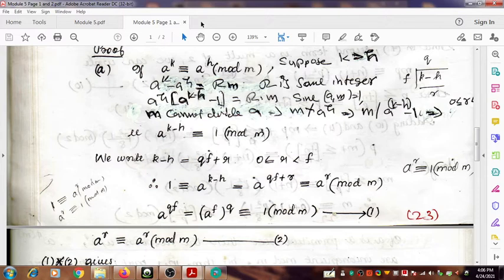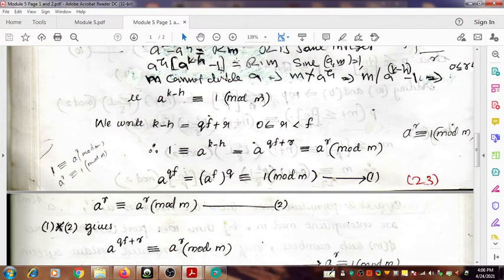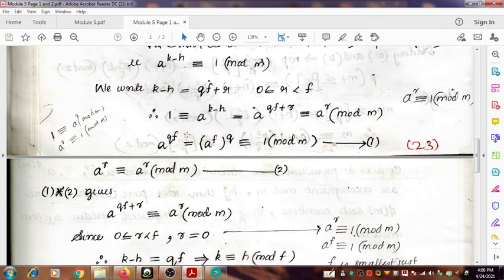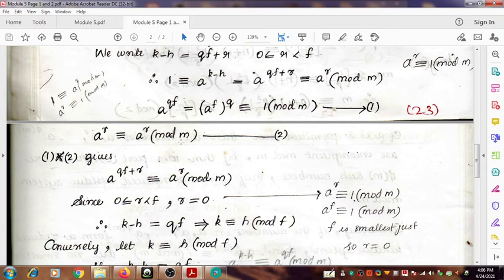If the quantity K minus H is greater than F, then that must be a multiple of F, and that is the conclusion that we have to make at this moment. That will help us to avoid that contradiction, and hence in this second situation also, we get that K is congruent to H mod F. Okay, and that's the end of the